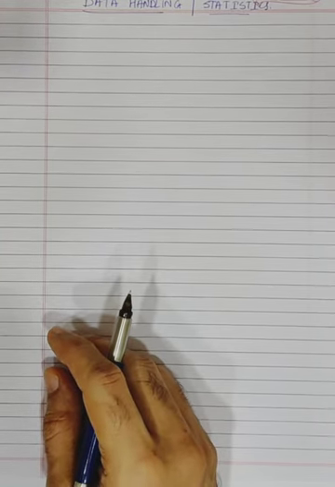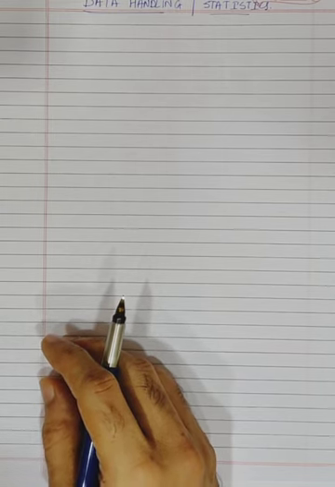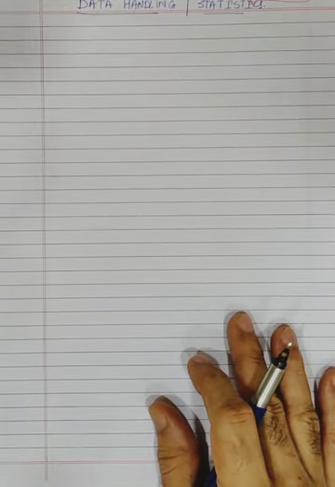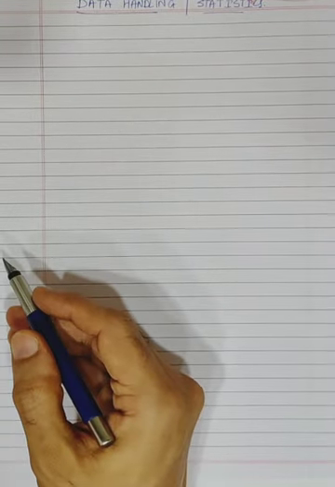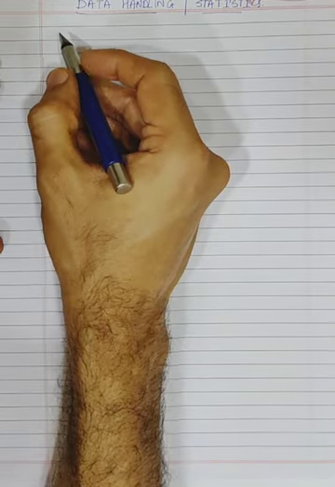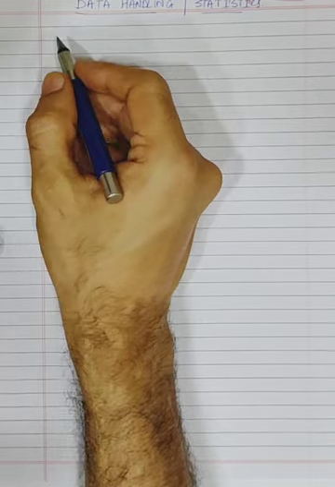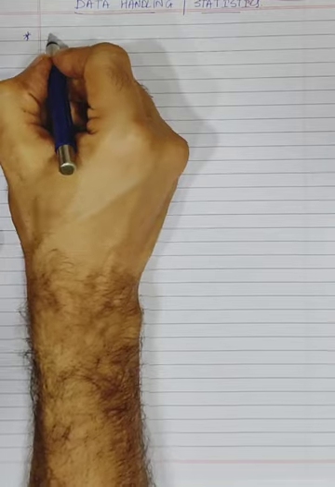As the name itself suggests, it's basically trying to segregate the data or tabulate the data so that you can understand it better. Like if you watch cricket or any other sports, they show the statistics of a player. What are the average runs he hits in every match, or how many times he hit a century or a half century and all. So that's basically the classification of the data. Now there are two types of how you can classify the data. The first one is called ungrouped data.